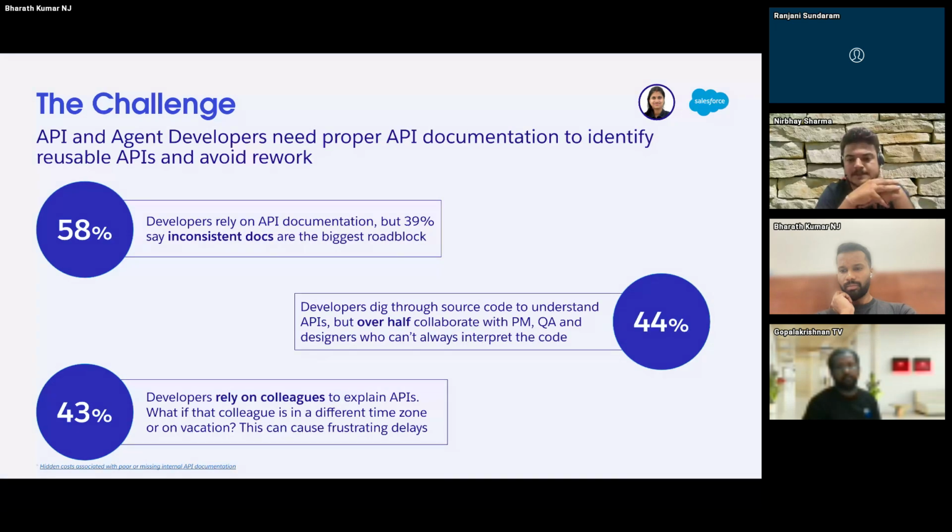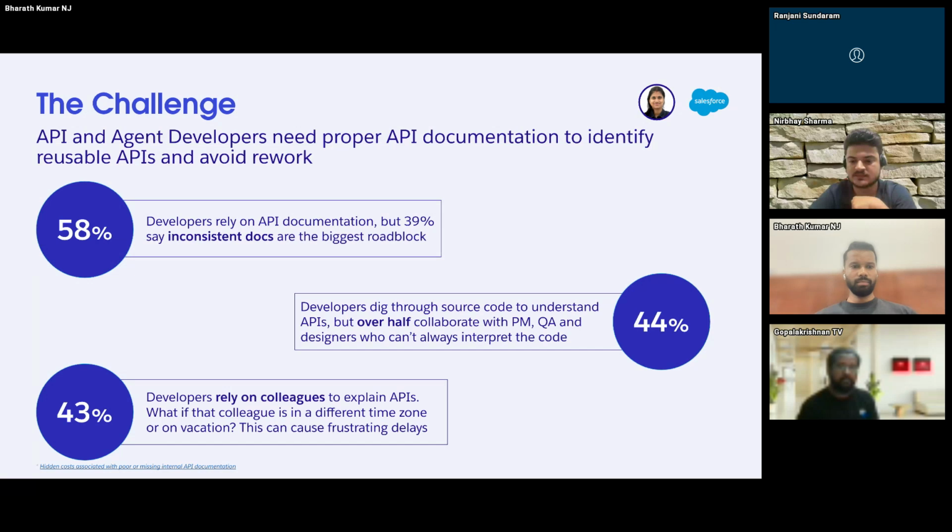So what do you do when the documentation isn't quite helpful? If you're like the 44% of developers, the second section that you see here, then you will dive into the code, try to reverse engineer and understand the code by yourself. Smart people. But people like me, the product managers or the QA engineers or the API designers, who don't want to check the code or be hands-on, how do we even understand the API functionality? That is how